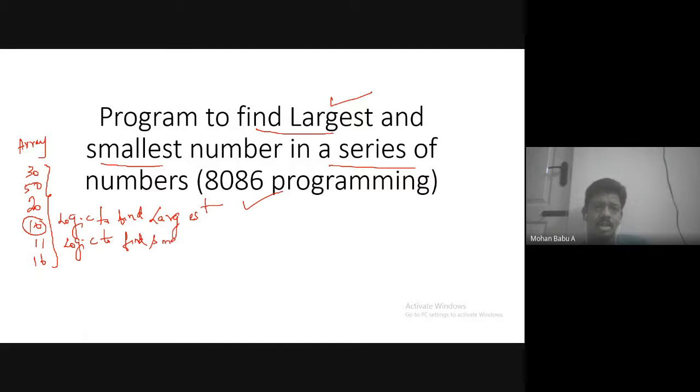I will explain these two, and then I will tell how to do both comparisons in a single program to find both the largest and